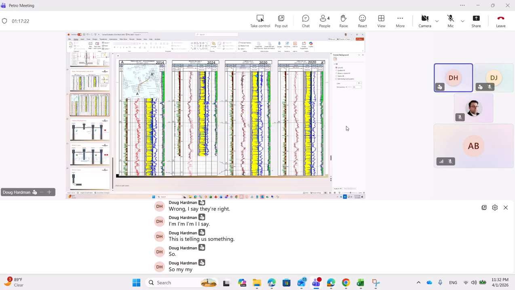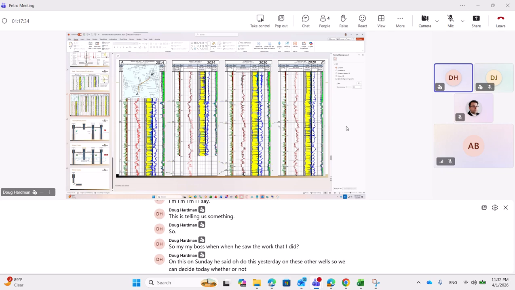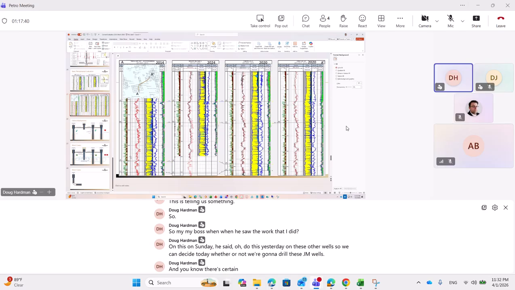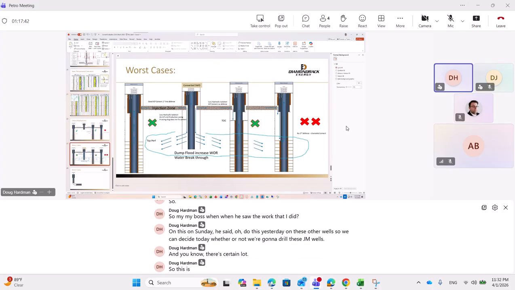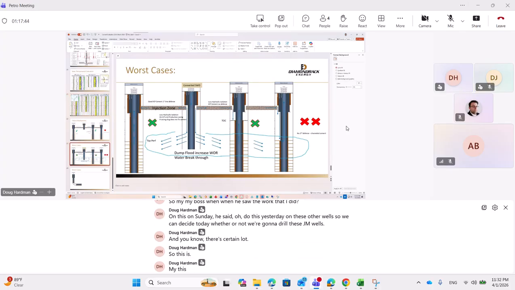My boss, when he saw the work that I did on this on Sunday, said, "Oh, do this yesterday on these other wells, so we can decide today whether or not we're going to drill these JM wells." And there's sort of a lot. So this is my worst case